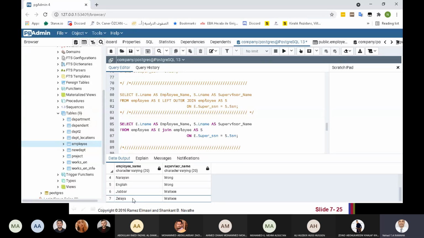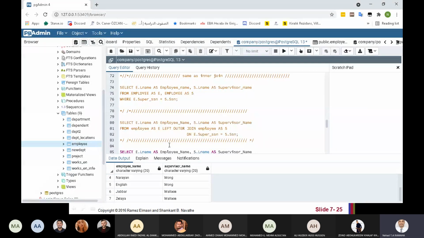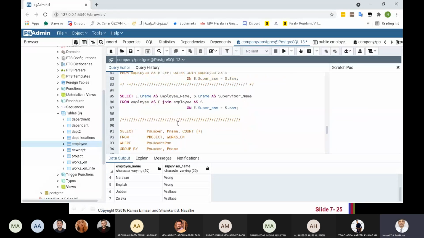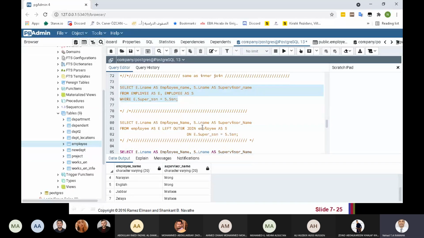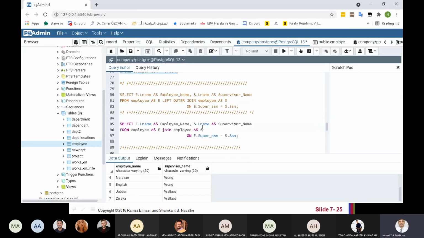You check here. We have results only when we have left and right values connected. So using inner join like this, or using a where in the select statement like this, it's the same. It will give you the same result.